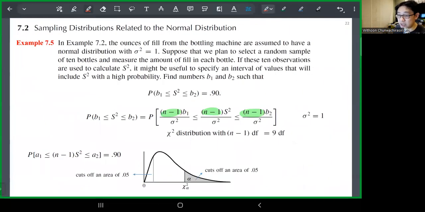All right, so let's take a look at this example. Go back to that same bottling machine. Assume that they have the normal distribution, and suppose that we plan to select a random sample of 10. We assume that we're going to do 10 bottles. So that's your sample size. If these 10 observations are going to be used to calculate the S square, that means you're trying to estimate the population variance. It might be useful to specify an interval of values that will include S squared with high